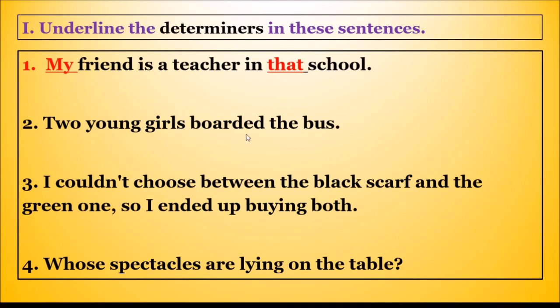Two young girls boarded the bus. What are the determiners here? You can see 2. 2 is a number, right? 2 is a number, so it is a determiner. Underline two. And then, I couldn't choose between the black scarf and the green one, so I ended up buying